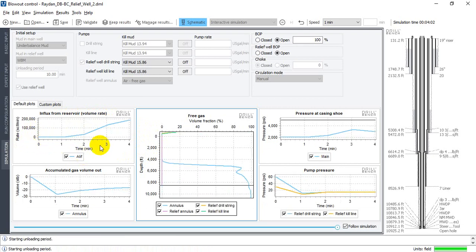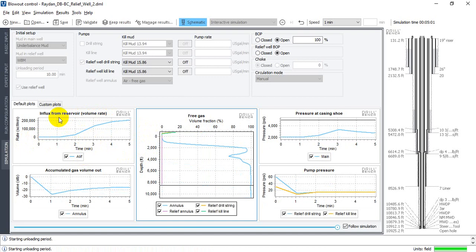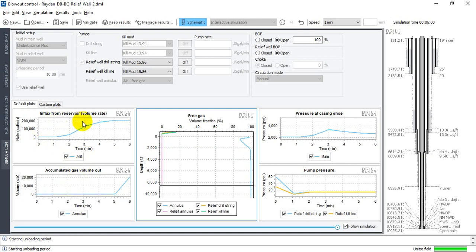We can see here the influx of gas fluid from the reservoir to the gas blowout well, and accumulation. For example, the influx from the reservoir by volume rate,